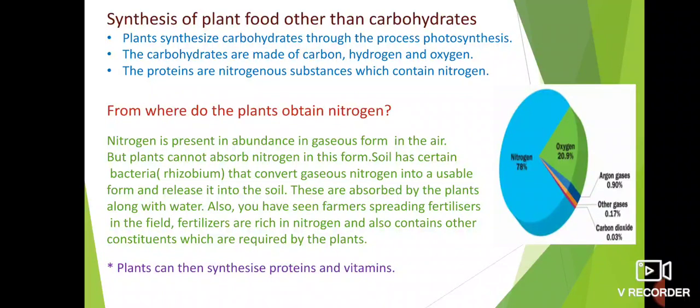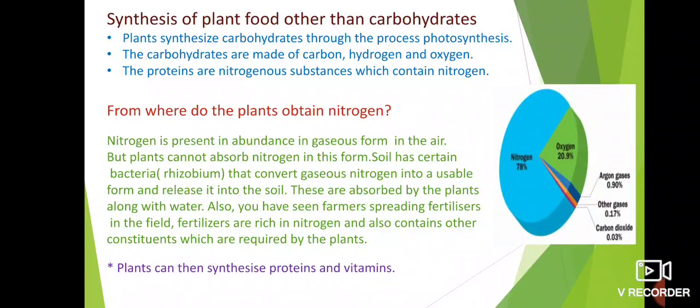How these other components of food are utilized by plants, we can study in detail. By the process of photosynthesis, glucose is produced. This glucose is a carbohydrate. Other than carbohydrate, there are some other components of food. What are those? In the first class, while explaining the definition of nutrition, I said the components of food are carbohydrates, proteins, fats, vitamins and minerals.